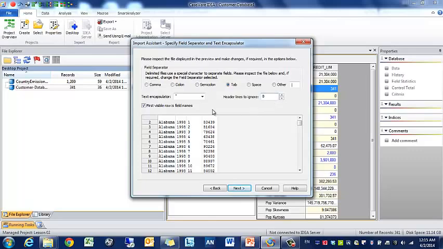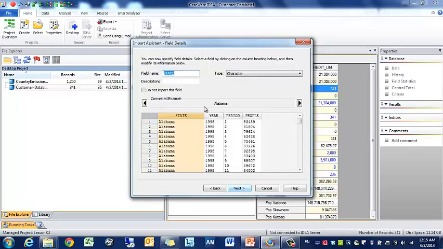But in this case, we're going to leave it as is. We're going to go next. And this is a little bit more work. And the advantage of importing a text document is that it allows you to help define the data in the